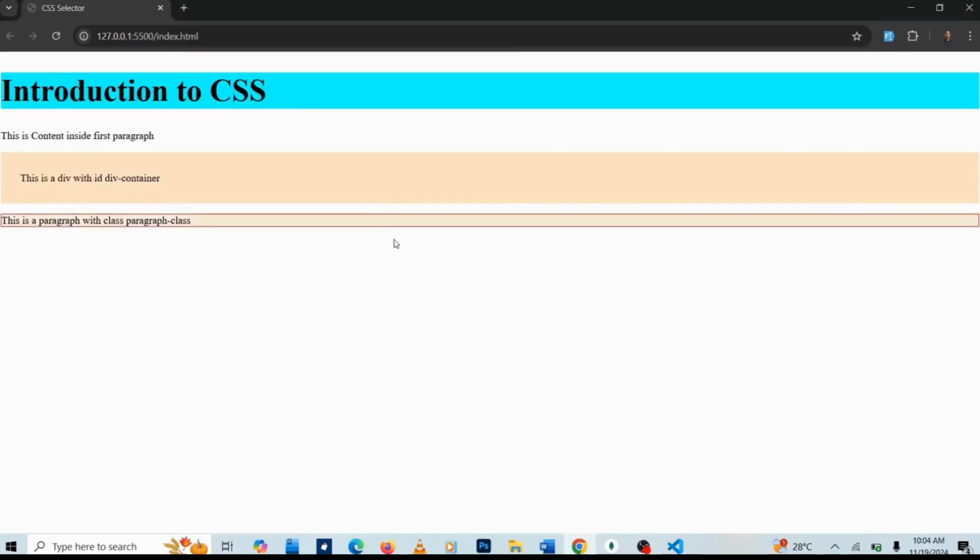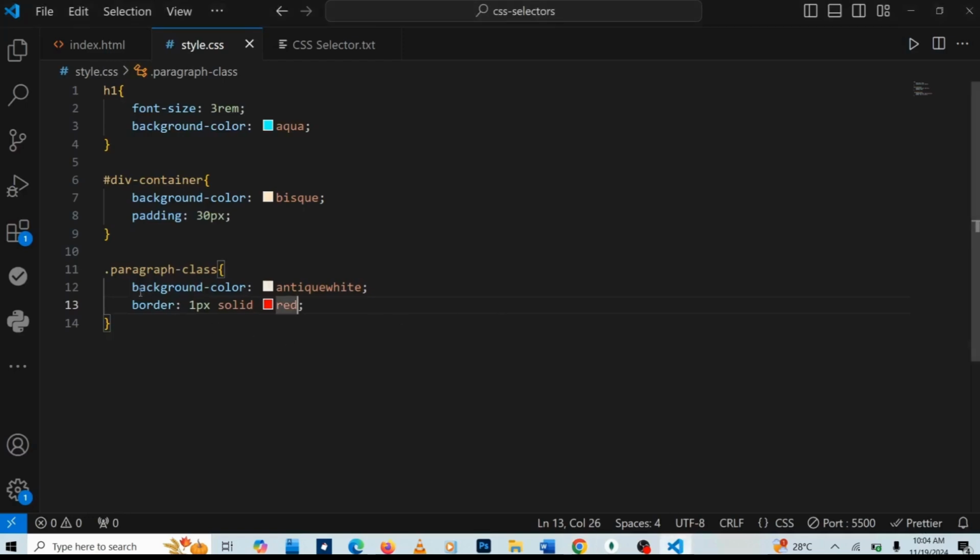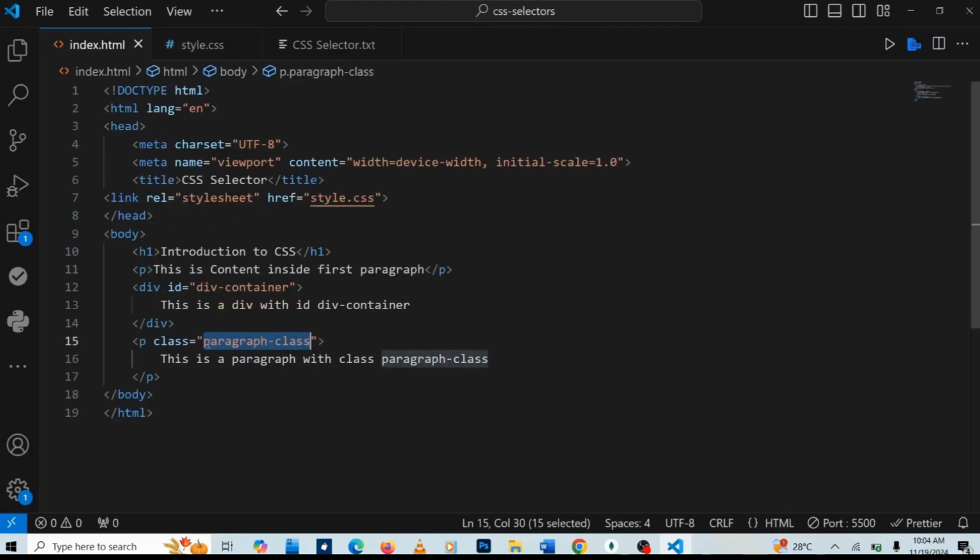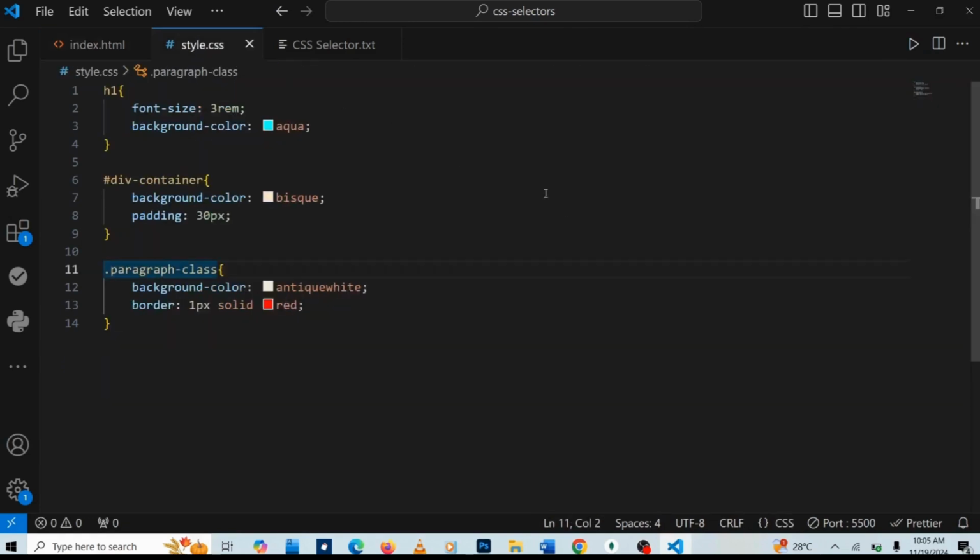If you check it out now, this is the paragraph that I just styled using these properties that I've applied here. This is how to select a class: you prefix with a dot, then the name or the value that you specify here. Okay, so now let's look at